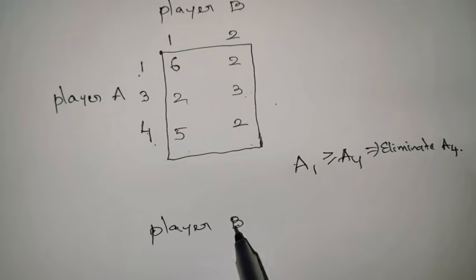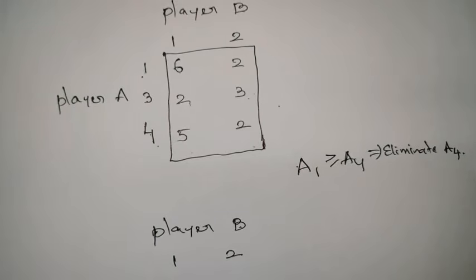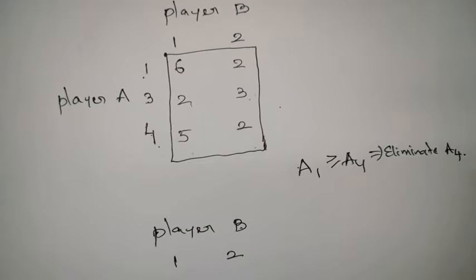Player B 1, 2. Player A 1, 3. So the values are 6, 2, 2, 3. This is the payoff matrix. So